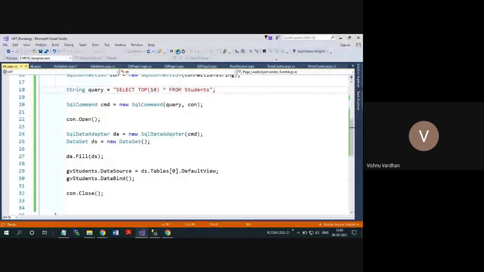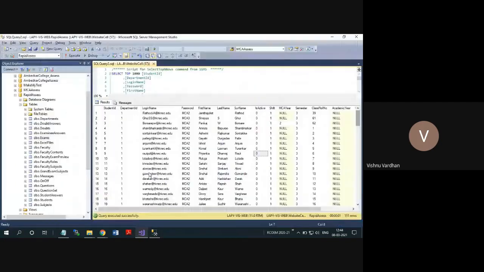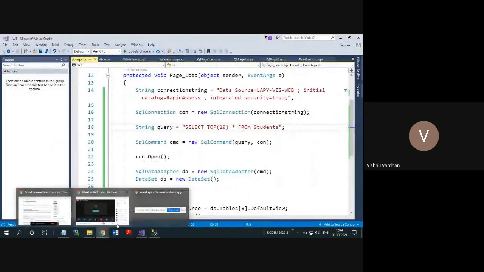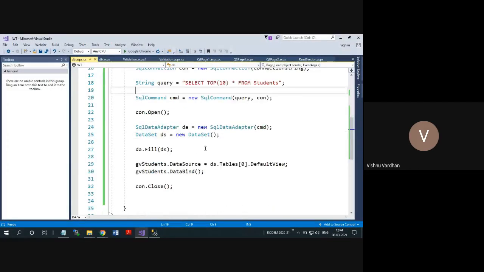In that way, we have disconnected architecture in the web browser. How is this disconnected? Because we have taken the command and accordingly saved the data into the data set.